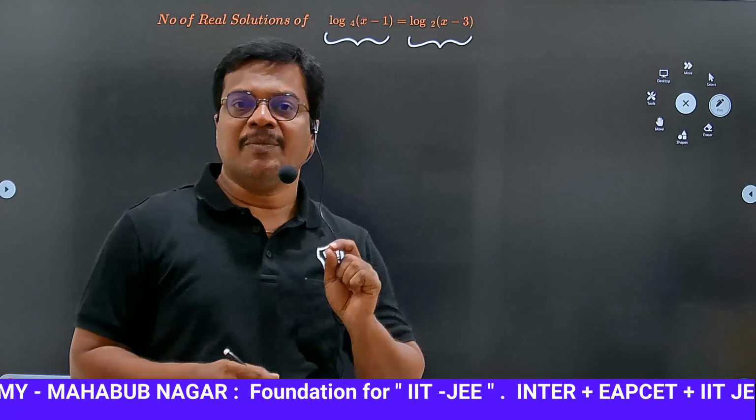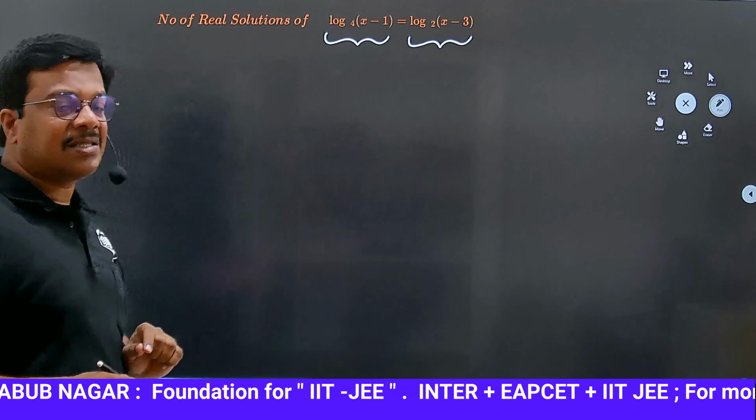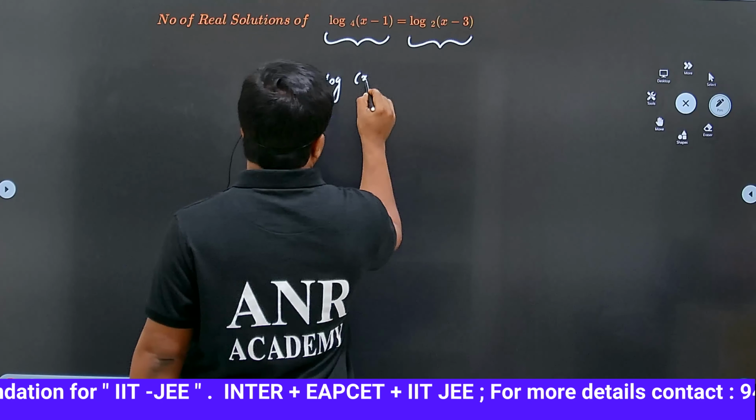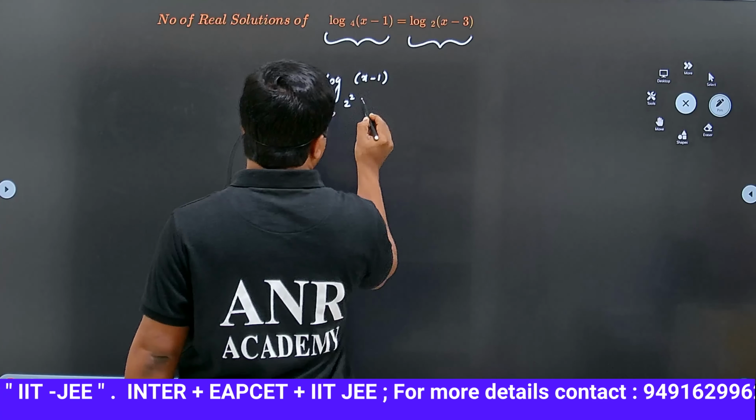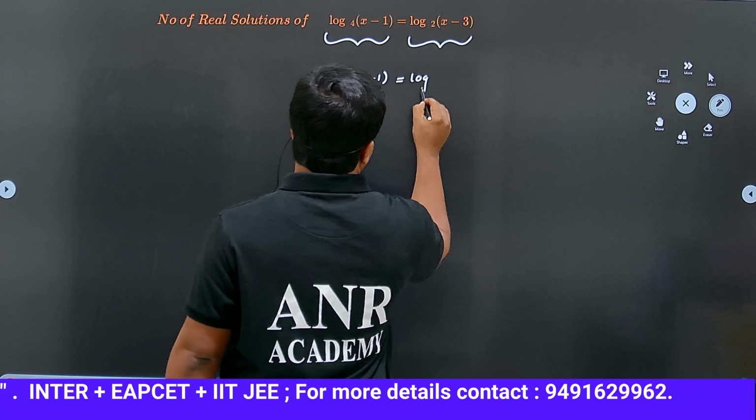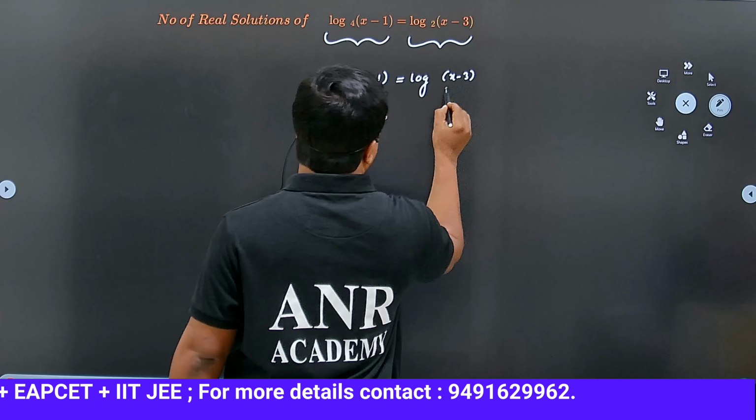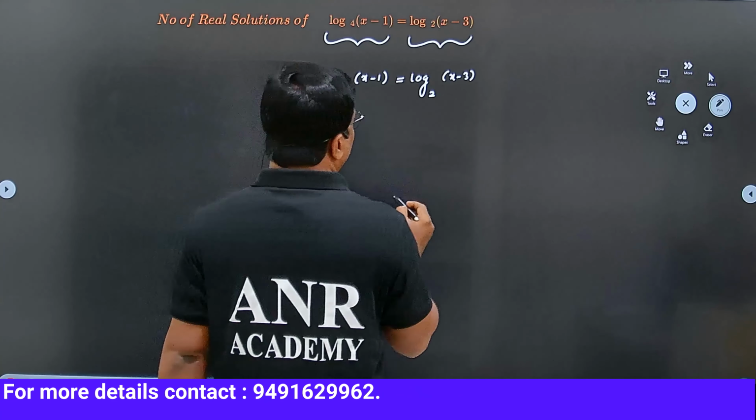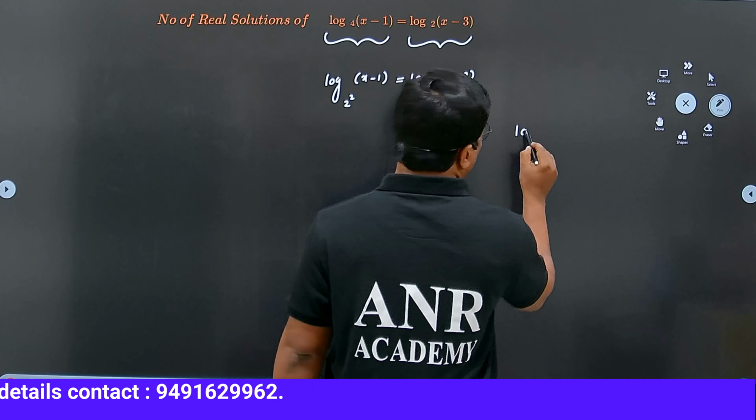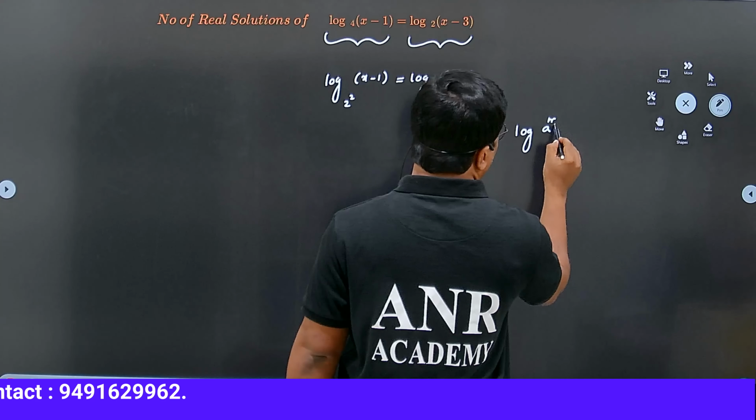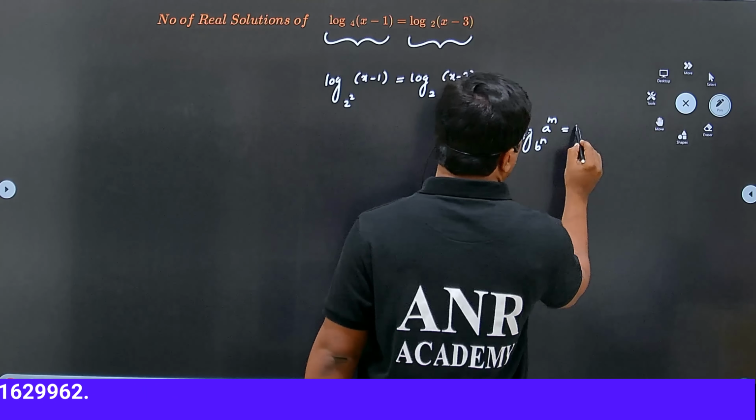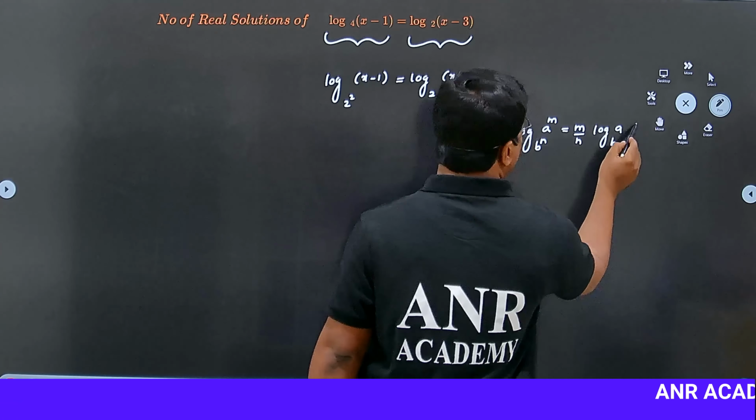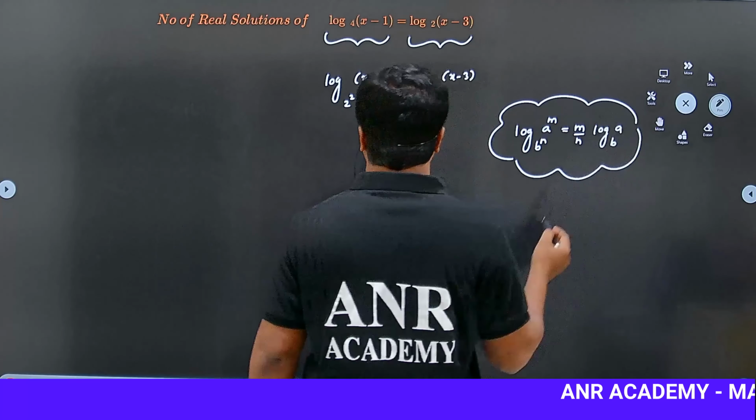First I am going to equate the base. I am going to write 4 as 2 square. Next, the second term, log of x minus 3 base 2, in the right part stays as it is. You know the logarithmic property: log a power m base b power n can be written as m by n log a to the base b. Using this property,